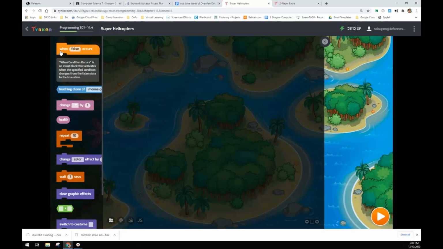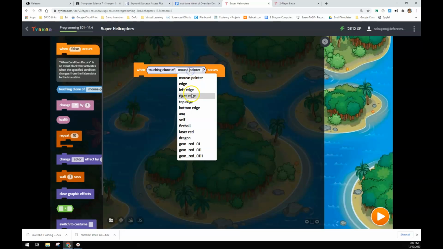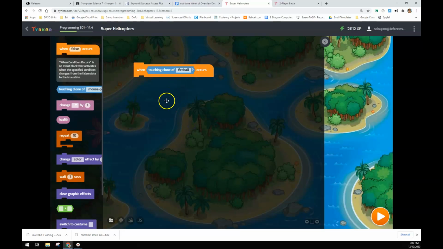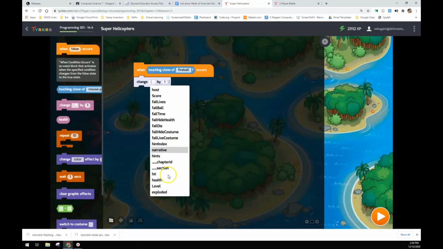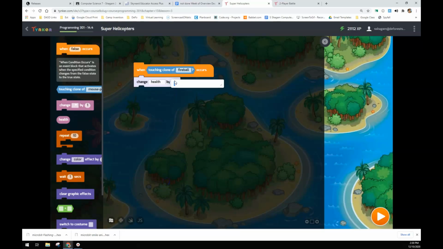So first thing we're going to do is say, when touching clone of fireball, we're going to change the health by -1. So we're going to take away, when the fireball hits, we'll take away 1 point. And then when the health is less than 1,